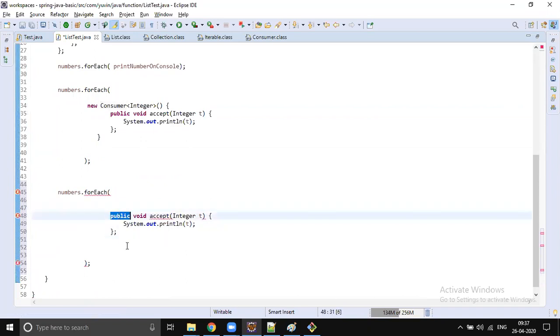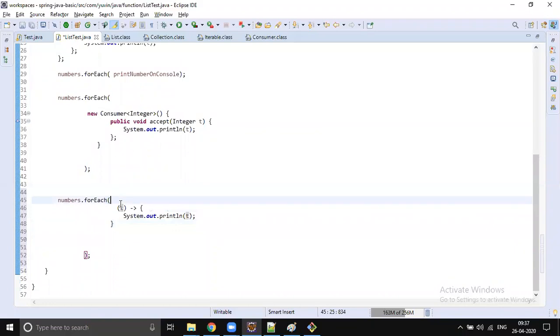Scope not required, return type not required, method name not required. What we have to add extra is this arrow. And now, how many arguments are we passing? Only one, right? So specifying the type is also not required. This is my lambda expression.